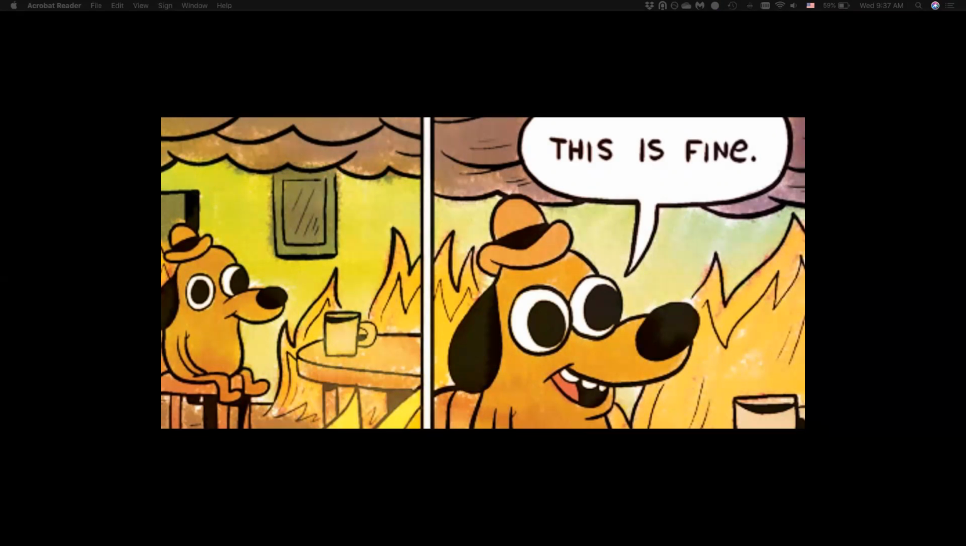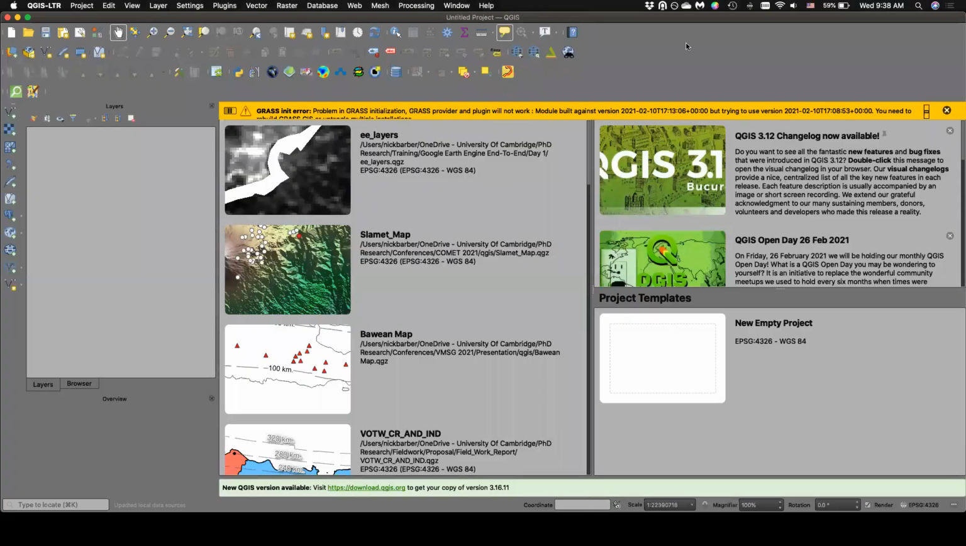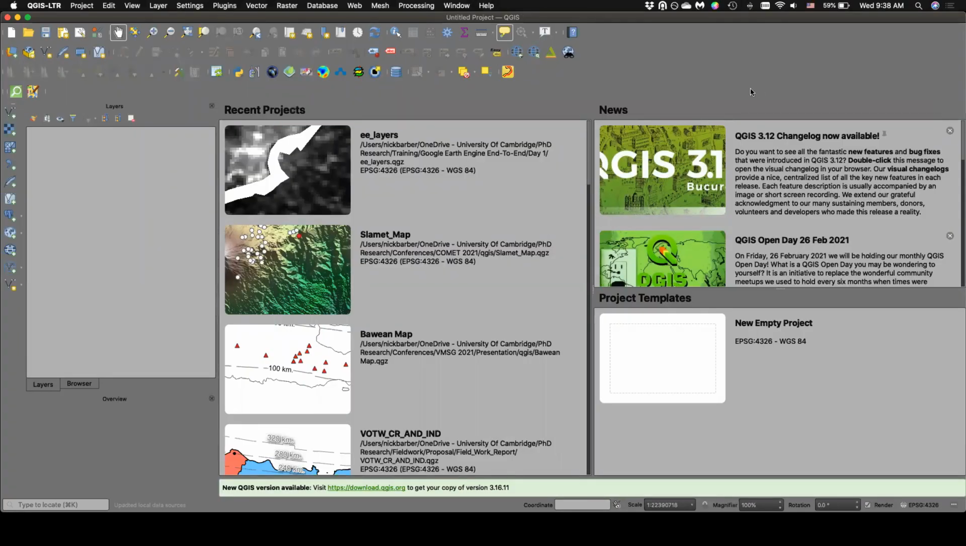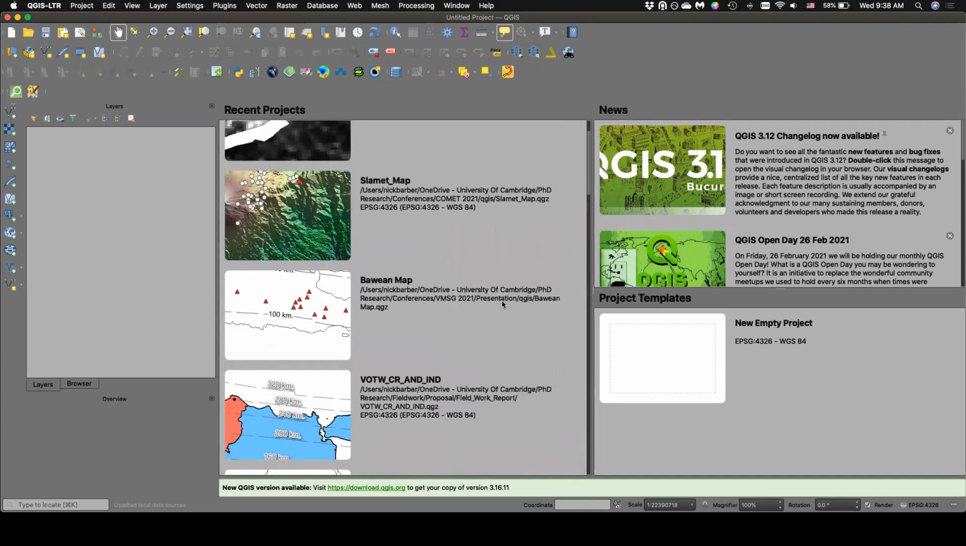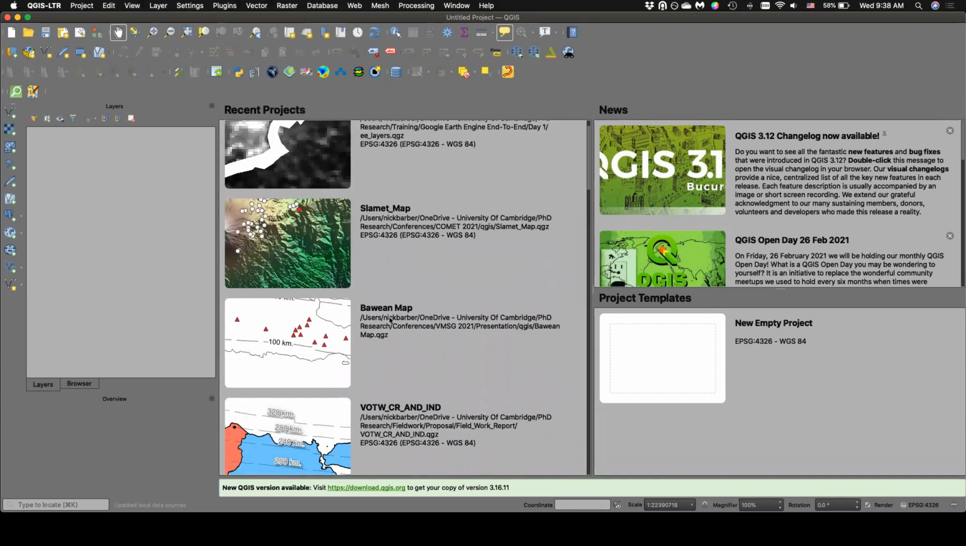I'm just going to open QGIS from the beginning. Okay, ignore that error. We'll talk more about that later. This is what QGIS looks like when you first open it up. I didn't want to give you a preview of anything like that. Also here, you can see some examples of some of the projects I've been working on in QGIS, shown in